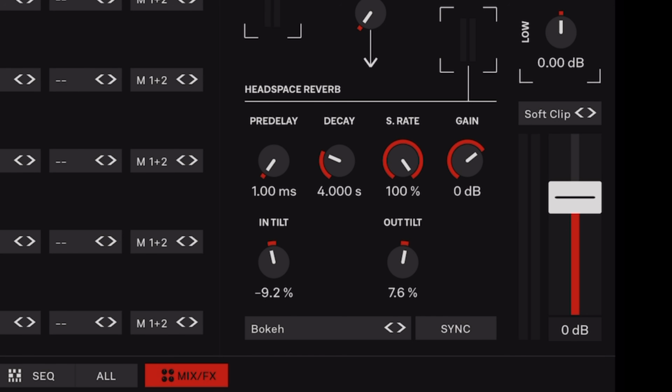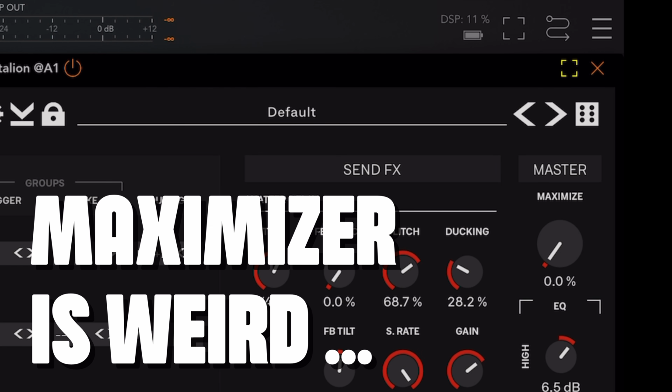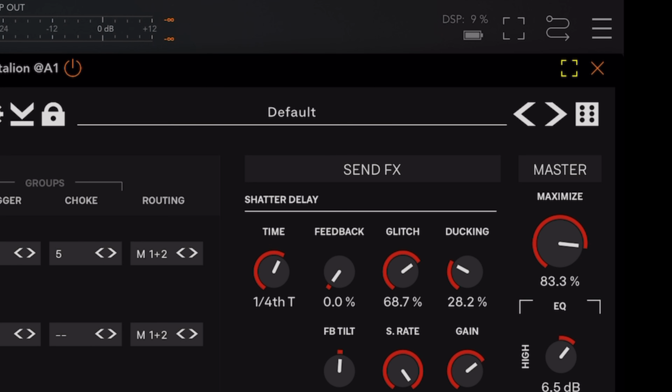Now, when it comes to the actual stuff in here, like the clipping, there is some special stuff like the wave folding instead of clipping. I absolutely love having that on the output because it does crazy stuff with your sound. And the maximizer doesn't feel bread and butter at all. It does weird things. It will over-exaggerate reverbs, it will prolong tails, and I gotta be honest, in the beginning